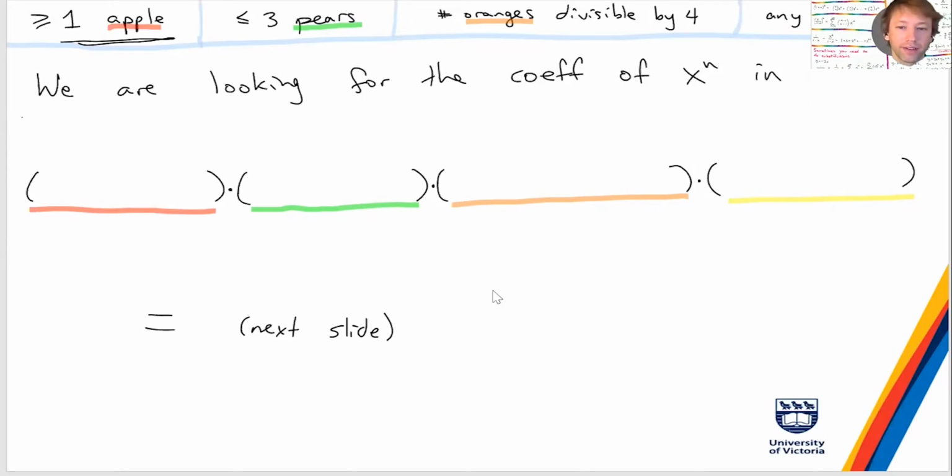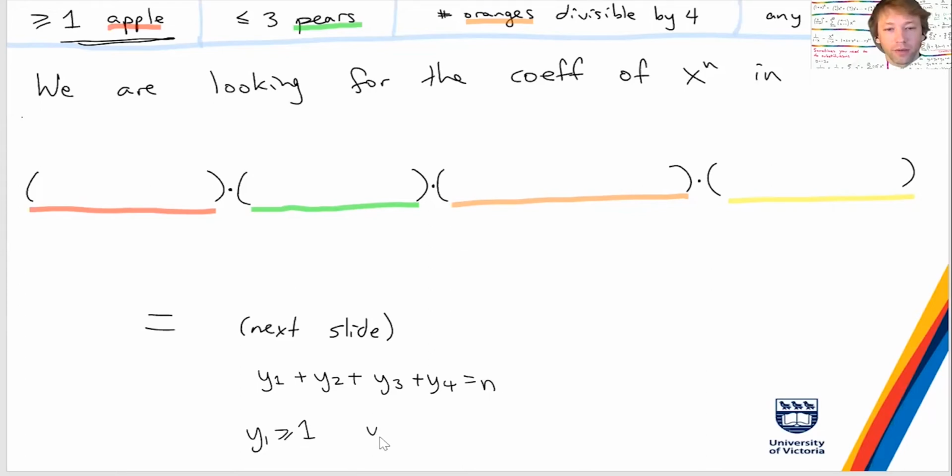By the way, this whole thing breaks down to integer solutions, right? Basically, if y1 corresponds to apples, we want solutions to y1 plus y2 plus y3 plus y4 equals n, where y1 is at least 1,